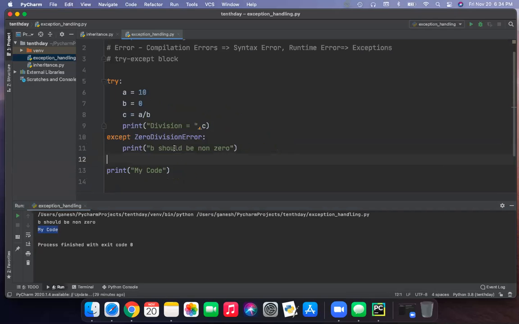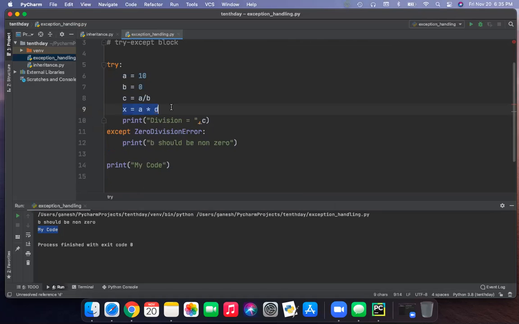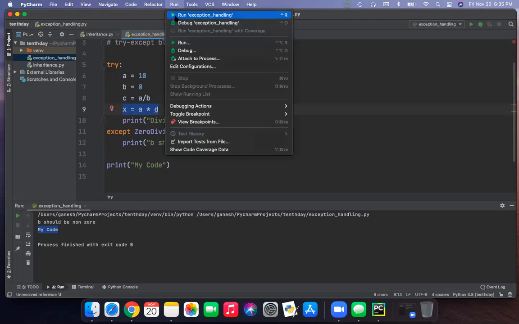Getting this? So whatever exception you want to handle, you just have to put it here. Suppose one exception is there. So x is equal to a into d into t. Suppose you are executing this expression. In this expression, d is unknown. When you are running this code,